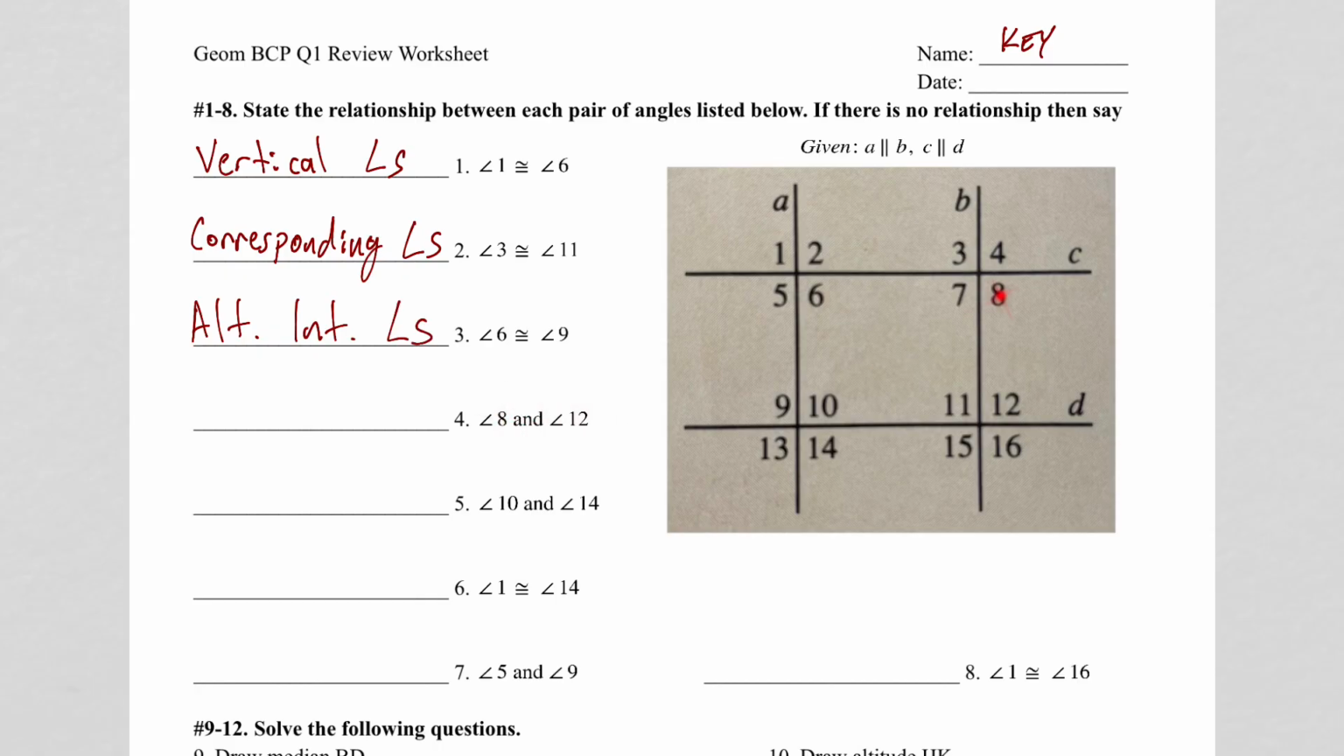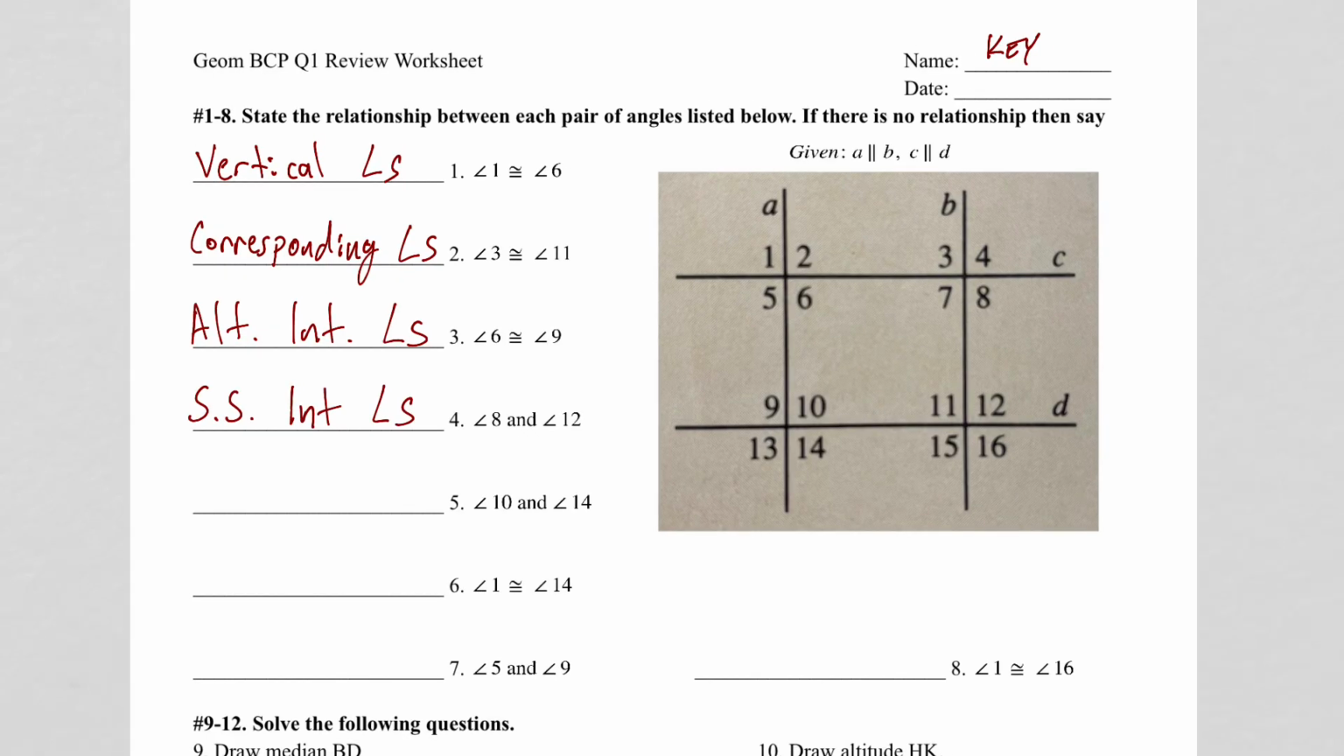Okay, angles 8 and 12, these are on the same side of this transversal, but they're on the interior of these, so these are same side interior angles. All right, 10 and 14, those make a straight line, so those are supplementary